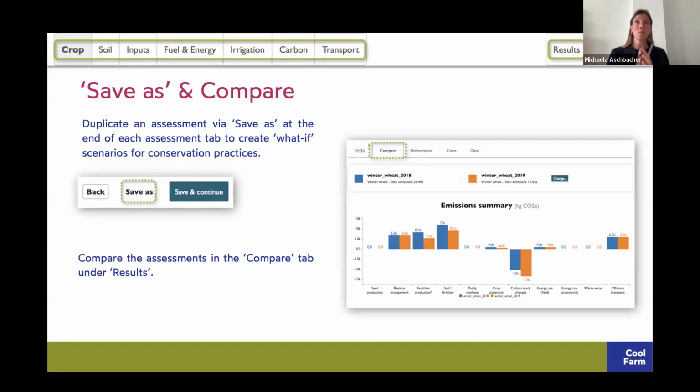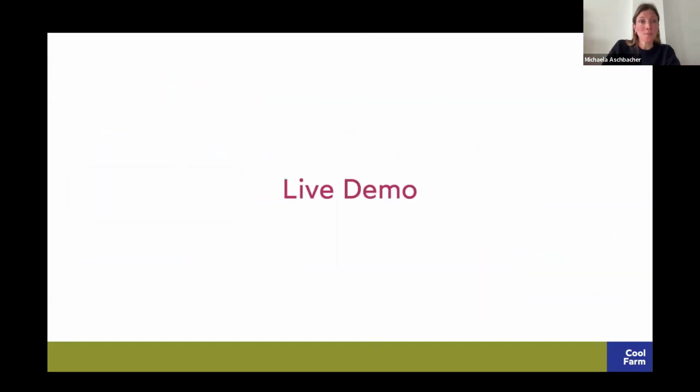And that can be done for what-if scenarios, so what would happen, but you can also compare your baseline assessment and future assessments with each other to see where the changes in your emissions are. So it's really graphically displayed in the tool itself for two assessments. You can do that. I'm going to go and